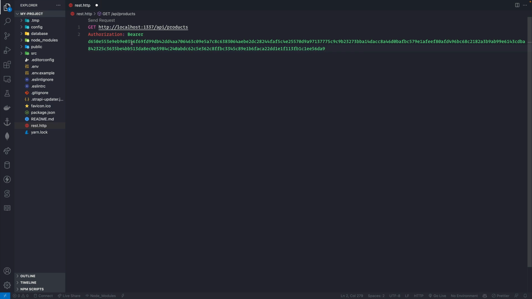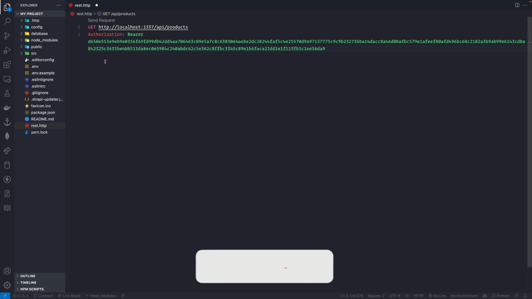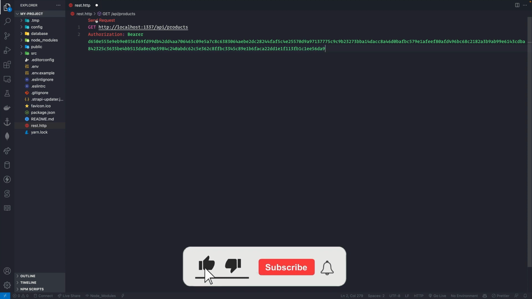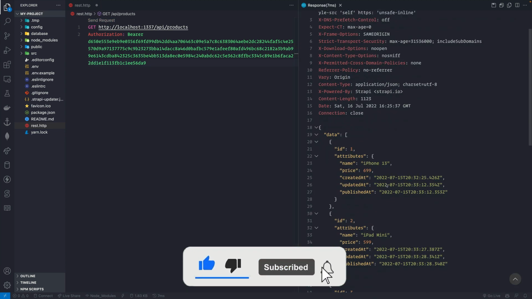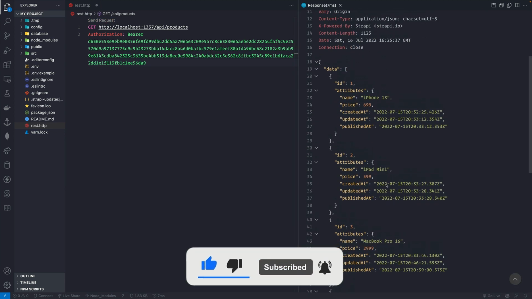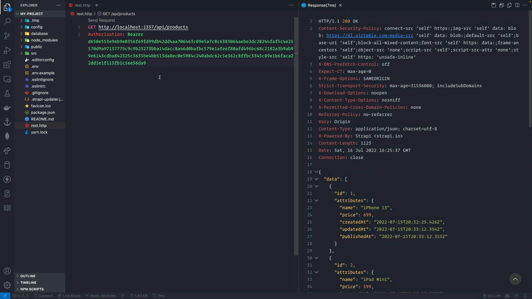It's a typical authorization header with Bearer as the first string, and then a space, and then the token. So now if I make a request here to get all the products, we see that we can get back all the products. And this is super helpful if you want to create your front-end application and get a list of all the products, or whatever data is inside your database, then you can use this kind of read-only access token. But what if you want to also create the product